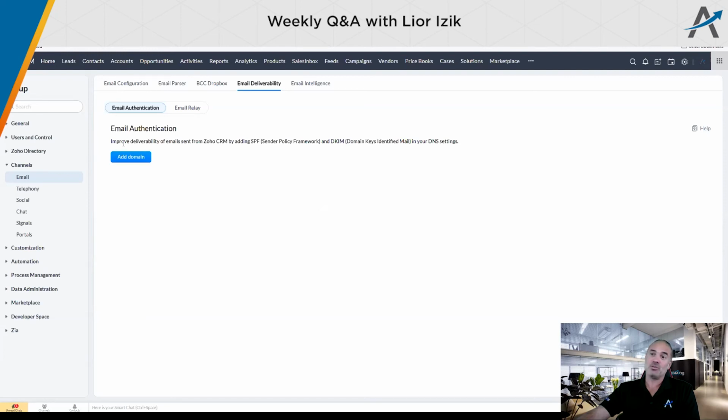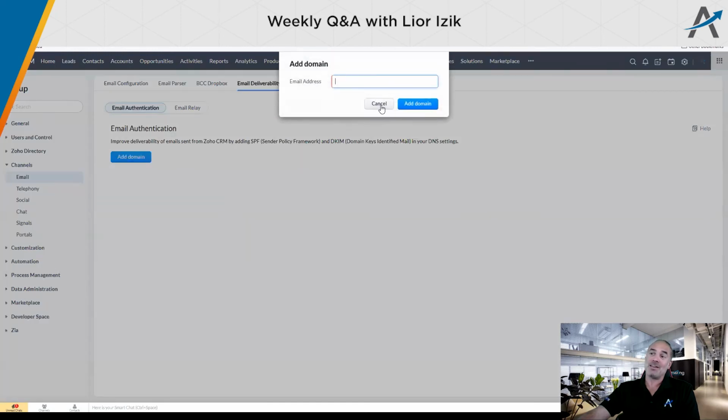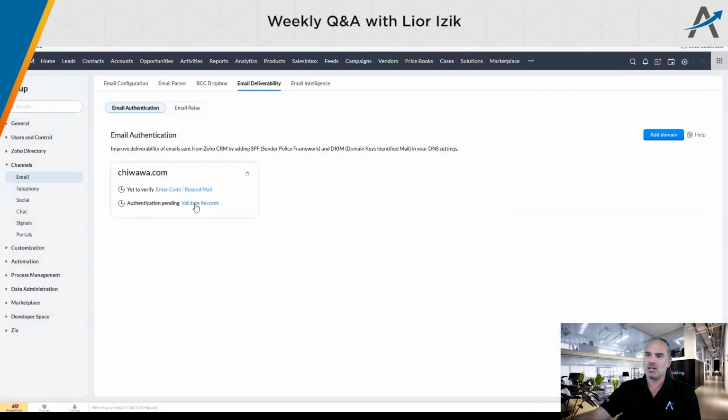Yes. If you don't know how to do that, I found the easiest way. If, for example, you're with GoDaddy, let's say that this is the email info@chihuahua.com, whatever. So this part is easy. You're getting a code to your email. Simple. Everybody does the first step.